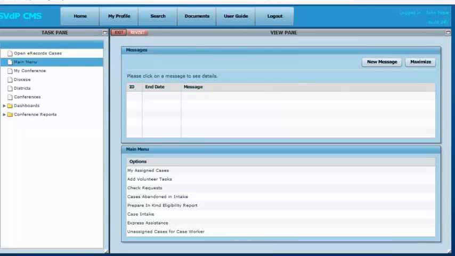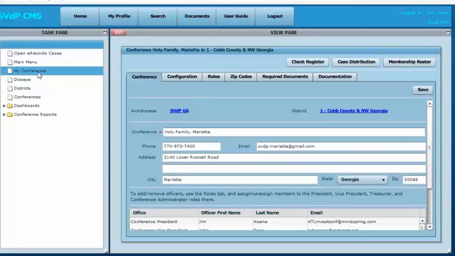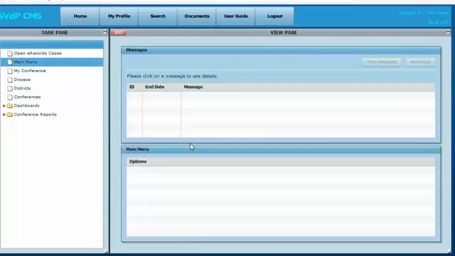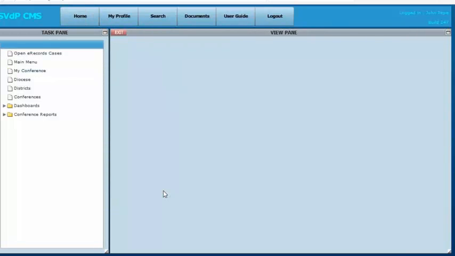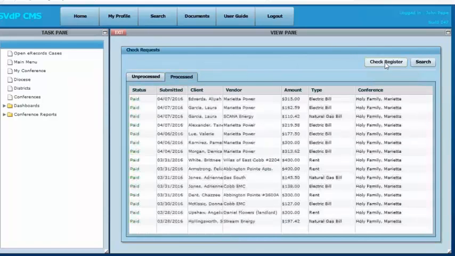But whatever their role assignment is, if they're a treasurer, you'll be looking at check requests. You'll also be given access to the check register. The check register can be accessed in two locations. At the conference page, you'll see a check request button. And if you're in your check request folder, looking at your check request that you need to process or have processed already, you can hit the check register button here. There's two places you can get at the check register. You can get it here